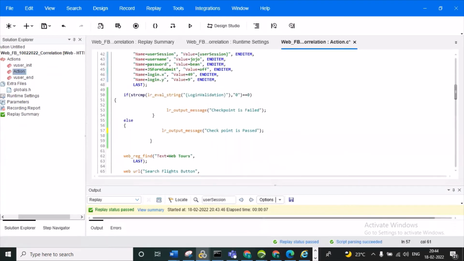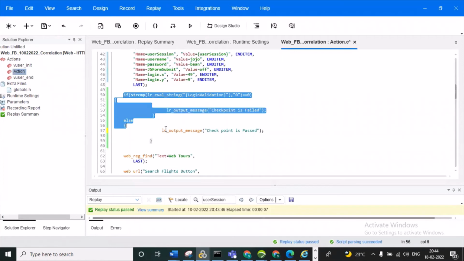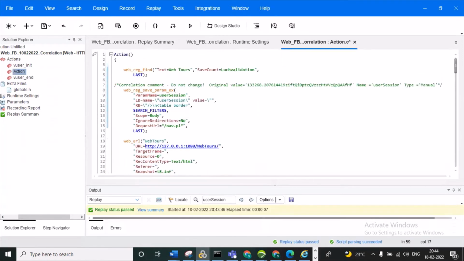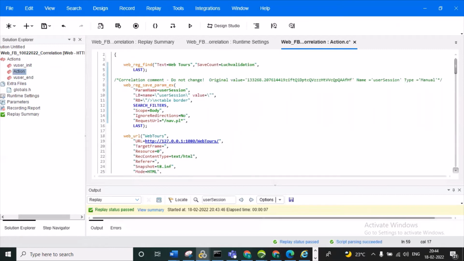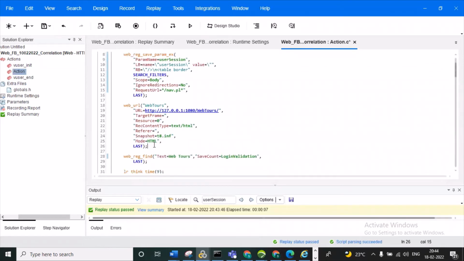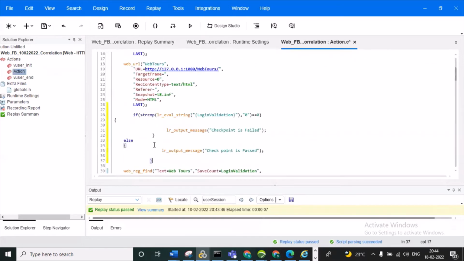You need to write it after the request. For example, now you want to keep this into the launch one, launch where you can come to here. We write the above request. This is the launch one. You need to write it before the request. This is the launch one. You need to write it before the request.